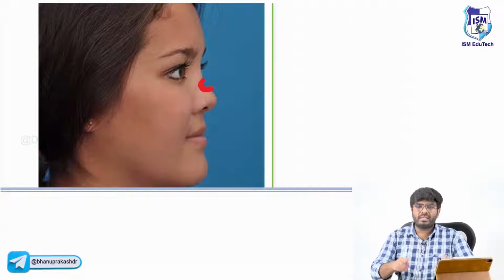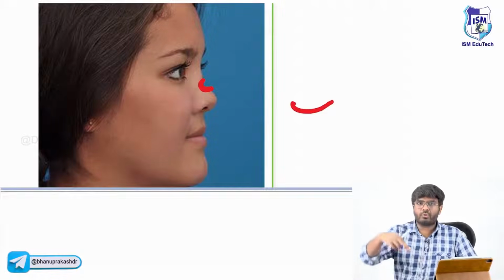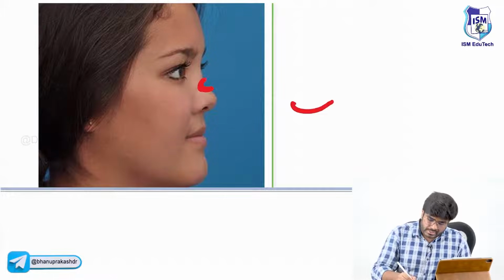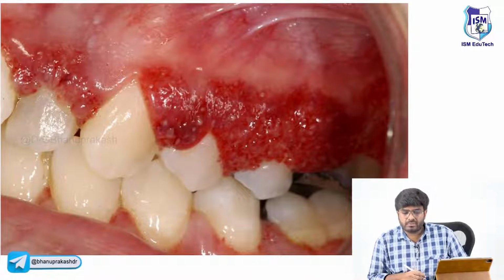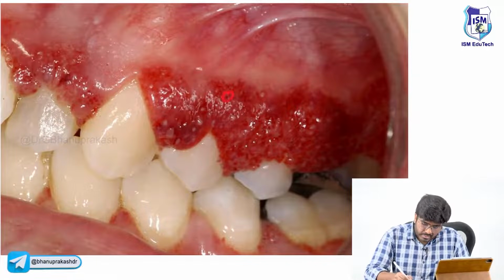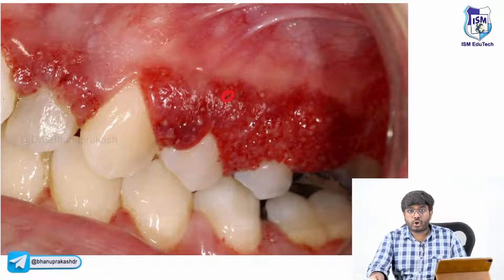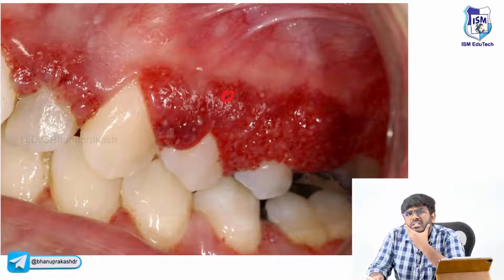Saddle, you know, right? On the horseback you are going to have a saddle. You are going to sit on that saddle. So like that, saddle nose is going to be there. And if you look at their gums, they will be having strawberry gums, strawberry gingivitis, strawberry gums. Wait, where have we studied about the strawberry